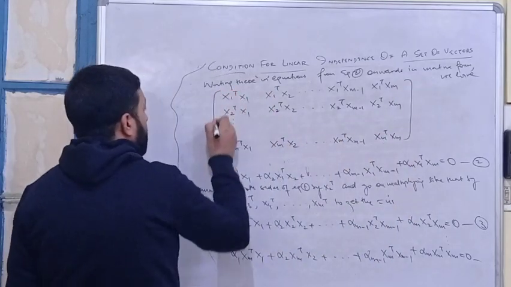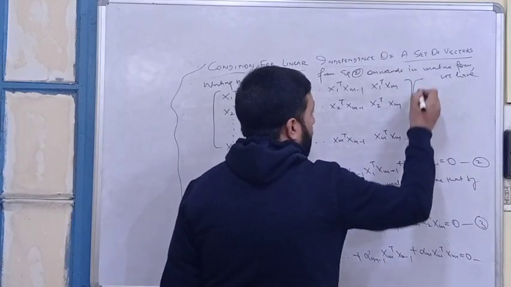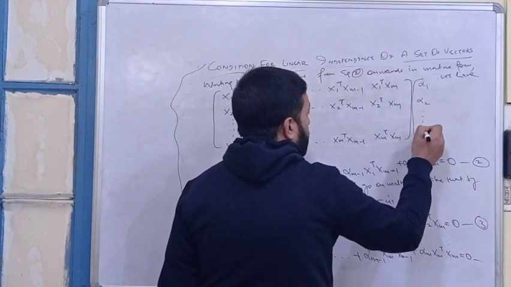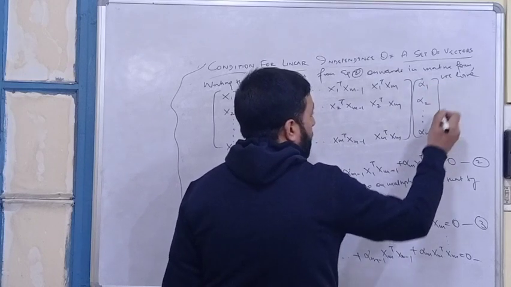Multiplied by alpha 1, alpha 2, so on up to alpha m